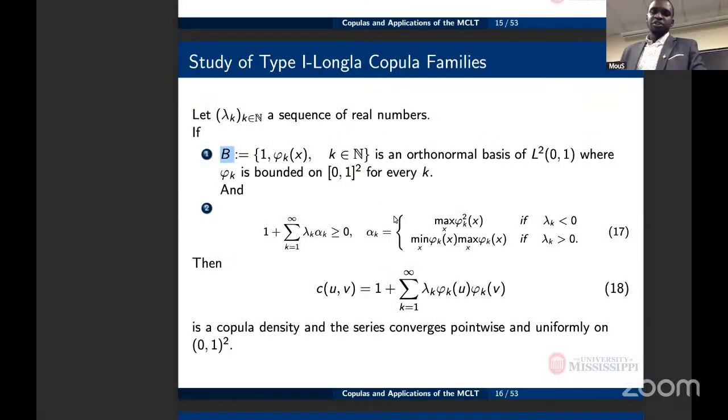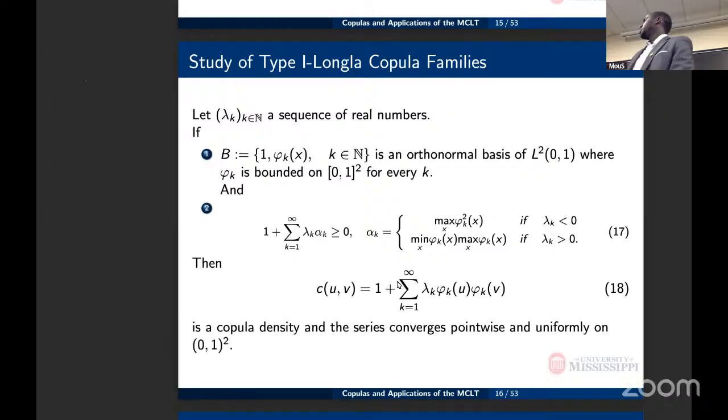The series that is involved here is converging because of condition 17, which describes the worst case scenario. So we want it to be positive and converging. That's why these two conditions were necessary. Now that we know what a type 1 low copula is, let's move ahead and